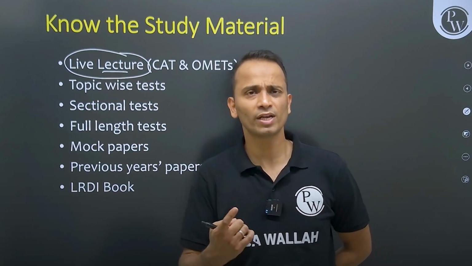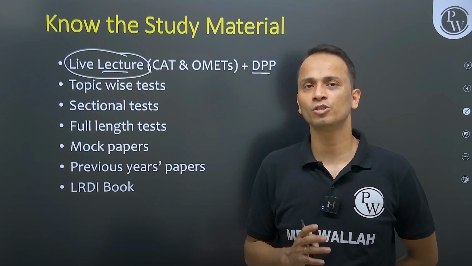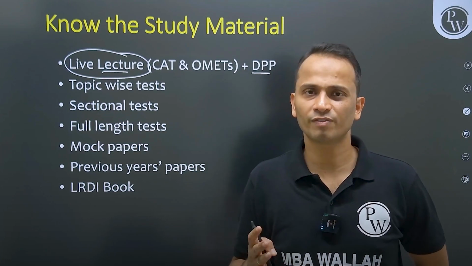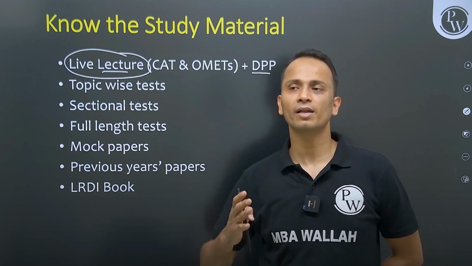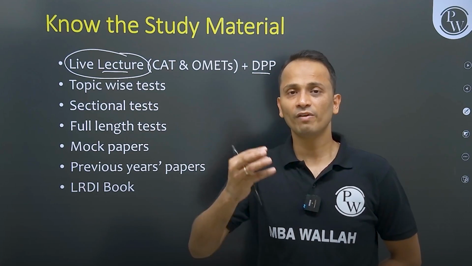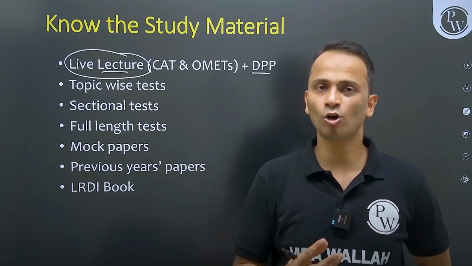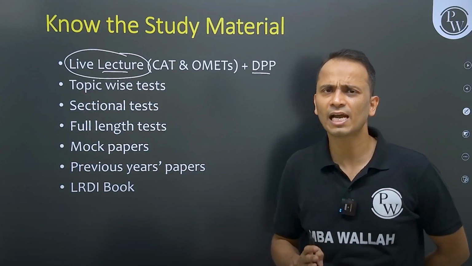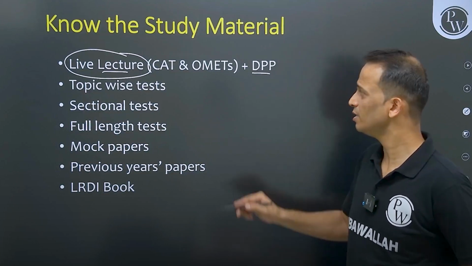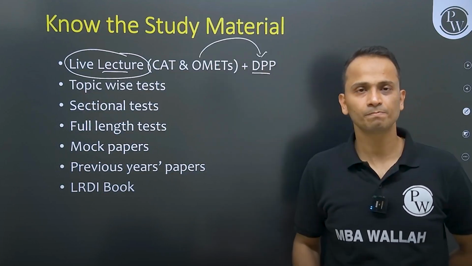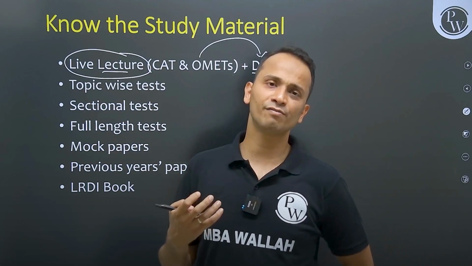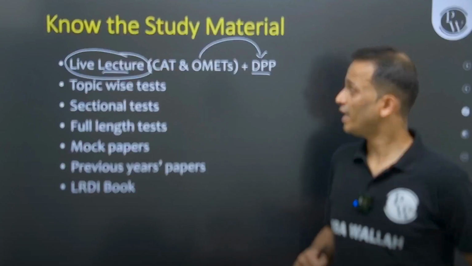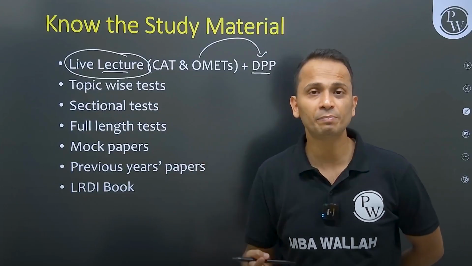Make sure that you have understood each and everything 100% of the lecture. In case you haven't in one go, then you have an option of watching the recording of this live lecture once again or any number of times, right? There's no need to repeat the entire lecture of 2 hours. Whatever points you haven't understood, you can have a look at those things. And then once you have 100% understanding of whatever is covered by the faculty member, jump on to the DPP, right? Every week you will have 4 or 5 lectures, whatever the count is according to your batch, so every week you will have 4 to 5 DPPs to solve.